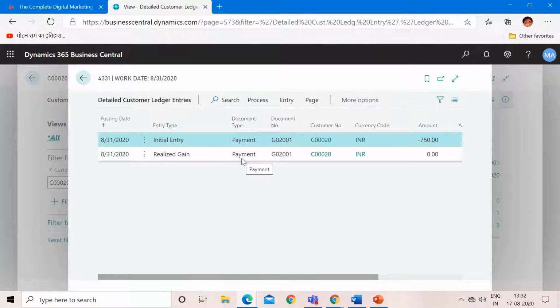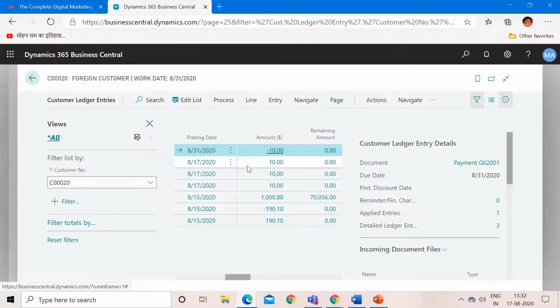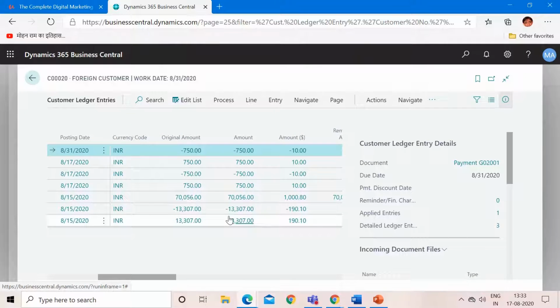Okay, so this is how multi-currency transactions work in Business Central. It totally depends on the exchange rate amount which you define in the exchange rate master, and the date. The use of date is very important in this multi-currency concept. Whenever you post any multi-currency transactions, please make sure that you have the correct exchange rates defined in the system, based on which system processes the documents and provides you a complete insight of your loss or gain.